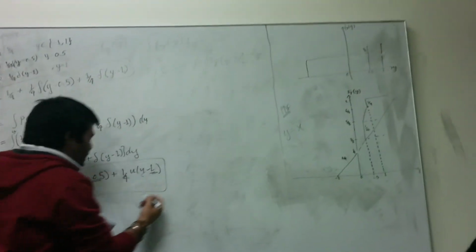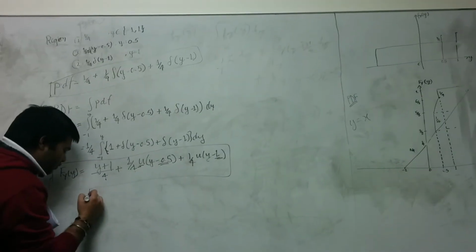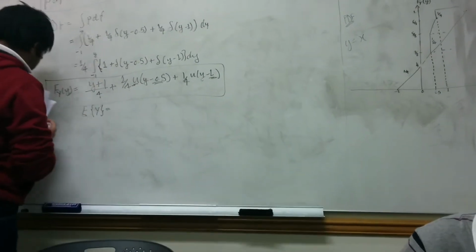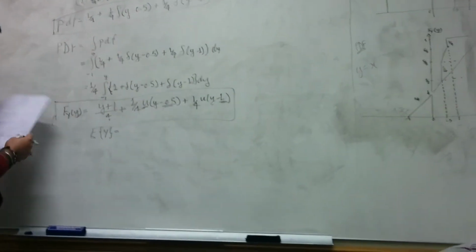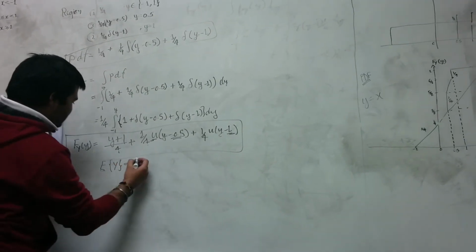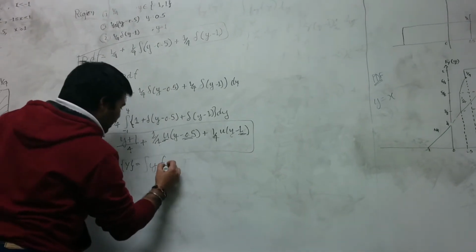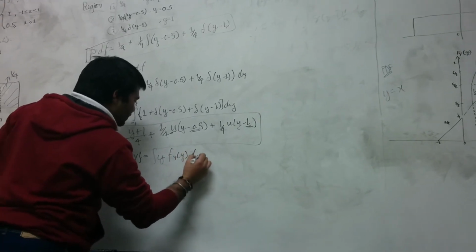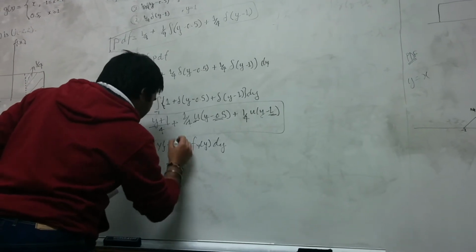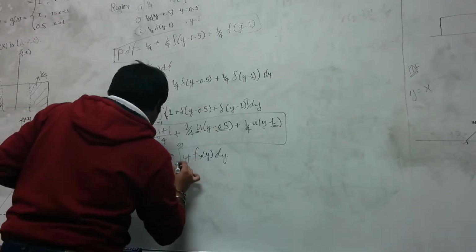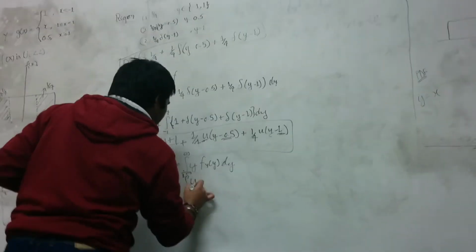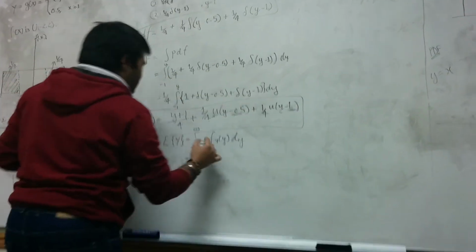Now we are also required to find the mean, that is E of y. By definition, we can do it by a simple method. We are not doing it by the (b − a) method, we are doing it by a simpler method. That means the integration of y times f_Y(y) dy, from minus infinity to infinity, putting the limits minus 1 to 1, and putting the value of y into small f_Y(y), that is this.